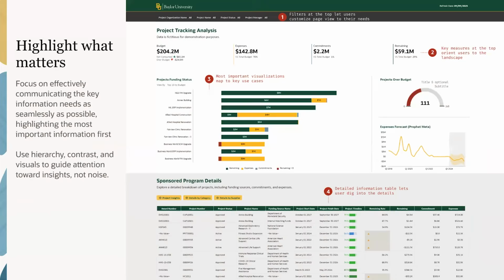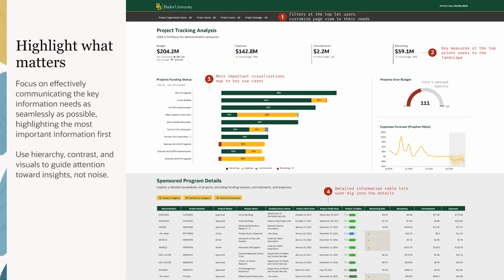Next slide. From there, we're really trying to focus on highlighting the key features. And Caroline already mentioned some of these, but this is a typical structure that we use for a lot of dashboards that works pretty well. Right up at the top, in that row where I have the number 1, you can see we've added